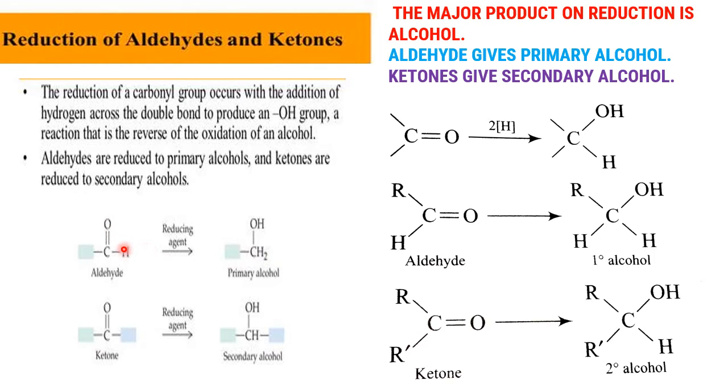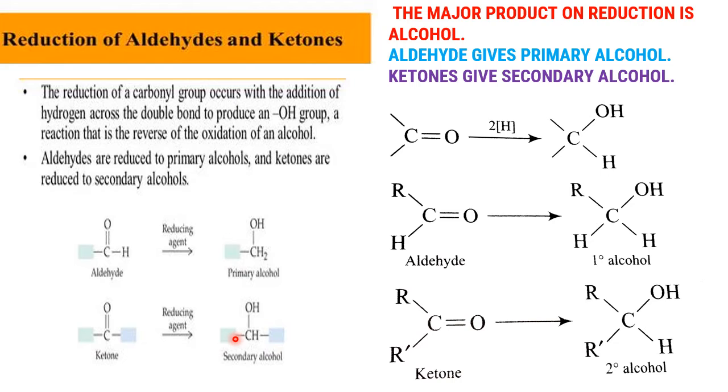So when aldehydes and ketones undergo reduction, depending upon the functional group, they convert into alcohol. Which alcohol? Primary or secondary. Again, it depends upon the structure. In the case of aldehyde, one H is there, no? So that gives you the primary alcohol. Whereas in the case of ketone, in place of H, there is one alkyl group. So because of that alkyl group, we get a secondary alcohol. Okay. So this is a slight difference between aldehydes and ketones.